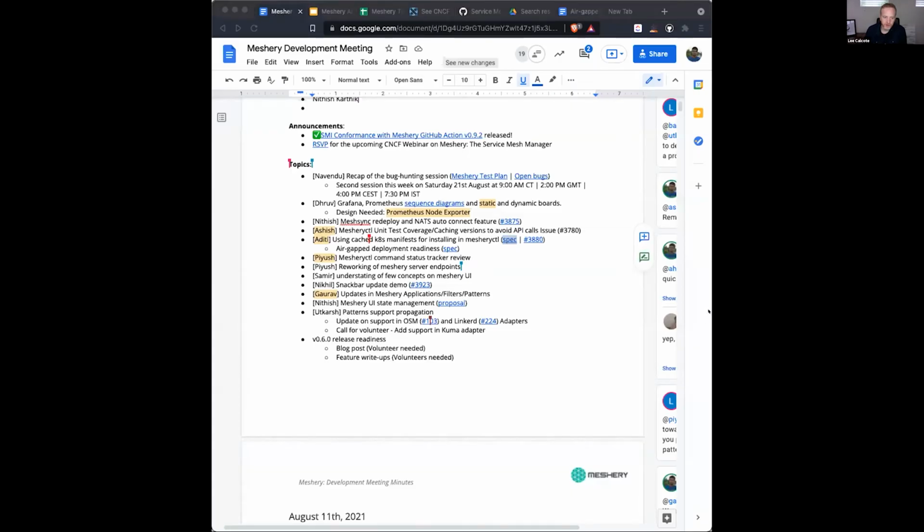So the question is, as Meshery CTL deals with air-gapped considerations, and the user potentially has resident on their local file system any number of versions of manifests, how are we going to structure that? Is that just all in the same manifest folder? Are those files named differently? There's a design spec that needs to happen on this particular set of concerns.